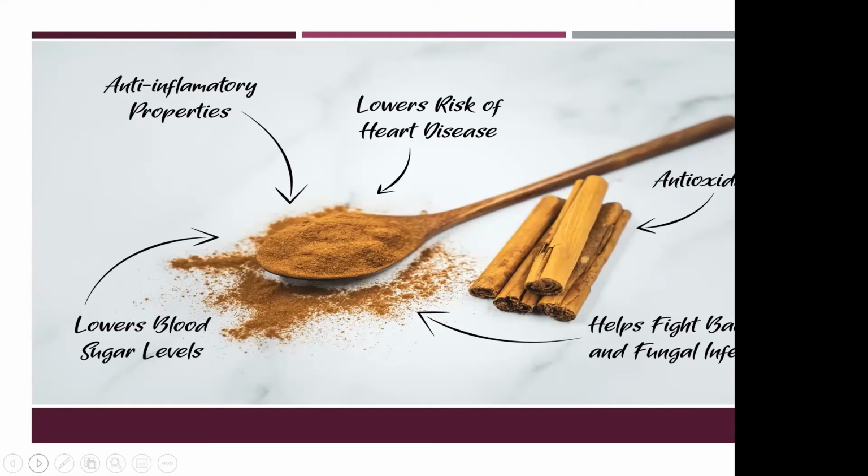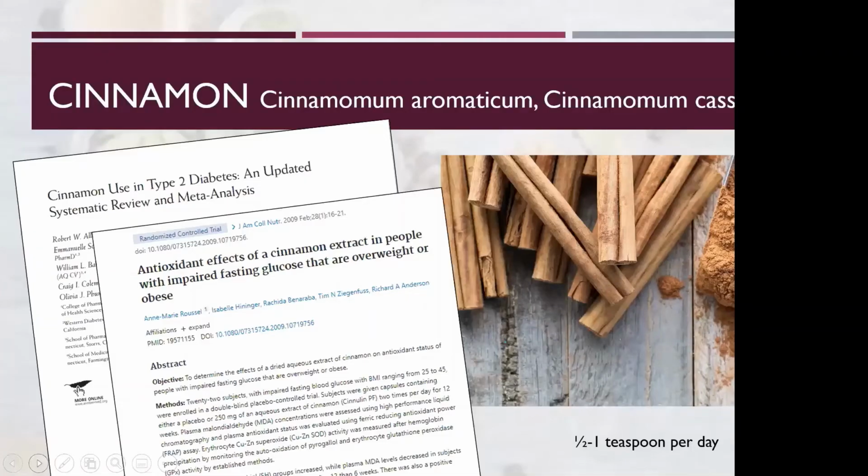So we know that people that have diabetes have more colon cancer, may have more breast cancer. So good blood sugar control would be important for those people in cancer treatment or preventing cancer recurrence. And cinnamon may be something that could be added in as helpful. In some studies, the original study was done in Pakistan, it showed that it reduced blood sugar levels and cholesterol and triglyceride levels. Some of the studies following that have not been able to reproduce that good effect. But it might be a useful adjunct,